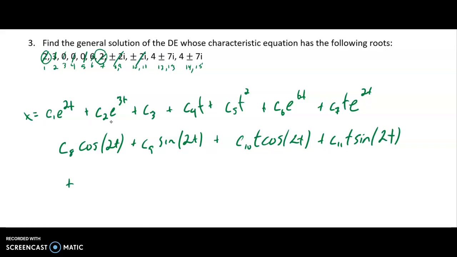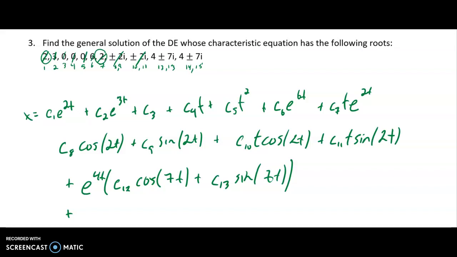All right, here we go. The 4 is the real component. That becomes the exponential piece. So I get the real exponential piece, e to the 4t, open parentheses. Don't forget your c. It goes here. It's c12. And then I have a cosine of the imaginary part, which is a 7, so I get a 7t, plus c13 sine of the same thing, 7t,